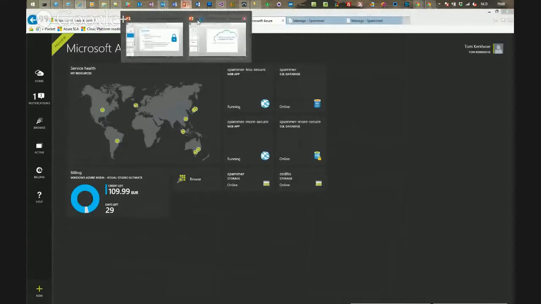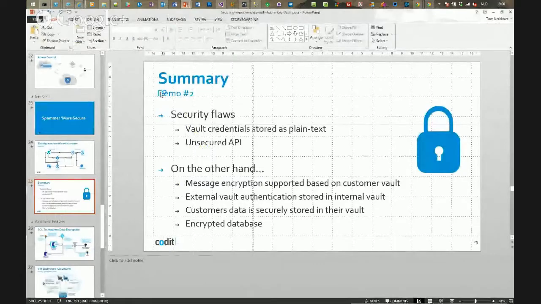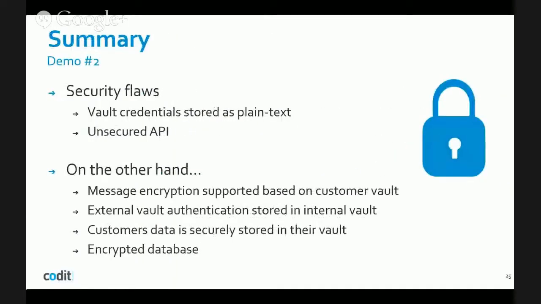So if we go back and have a look at the overview, we see that the credentials were stored as plain text. So don't do that. Use a certificate. It's the same way as authenticating to AD in your other application. So it's not vault specific. And the API was still unsecured because it's a demo. On the other hand,